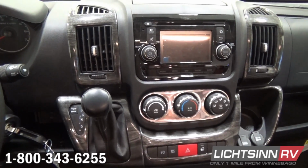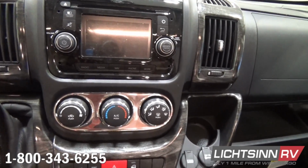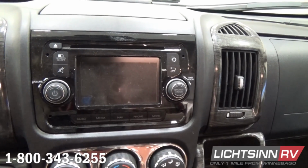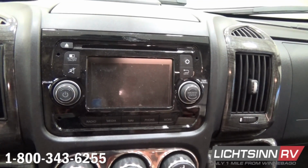We then have the radio and GPS navigation and rear view camera monitoring system. This includes a 5-inch LCD color touchscreen monitor. Ties in nicely with those steering wheel controls. It includes a color rear view camera, Sirius XM satellite radio with a complimentary subscription, multiple USB input points, but